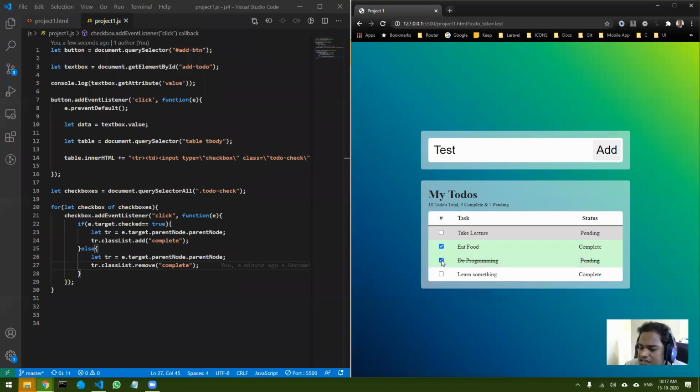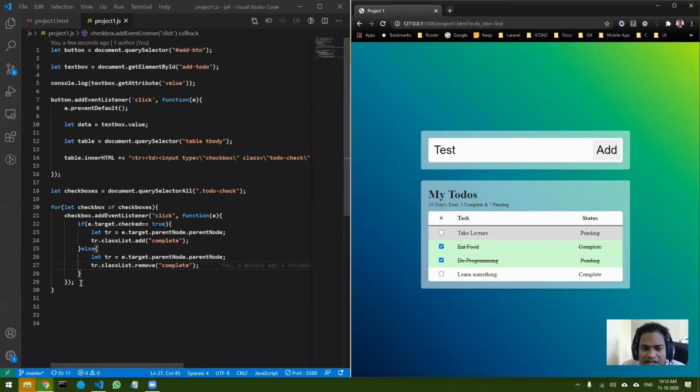So these three things are pending in this particular form. Till tomorrow you can try this out if you want. If you want to practice, I will share this code with you, and you can try to do these things by yourself.